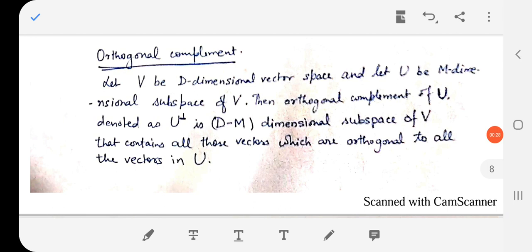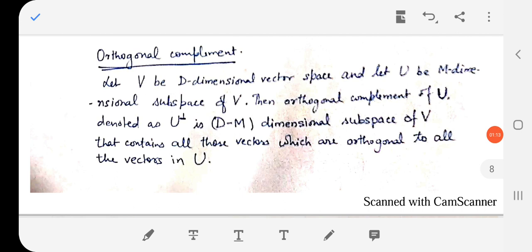When we say that something is orthogonal, then the inner product of those two vectors should come out to be zero. Now, when we say that two subspaces are orthogonal, it means that you take one vector from one space, another vector from the other subspace, and they should be orthogonal. That is, for any vector from one subspace and for any vector from the second subspace, if you take the inner product of these two, that should come out to be zero, and that is the meaning of orthogonal subspaces.